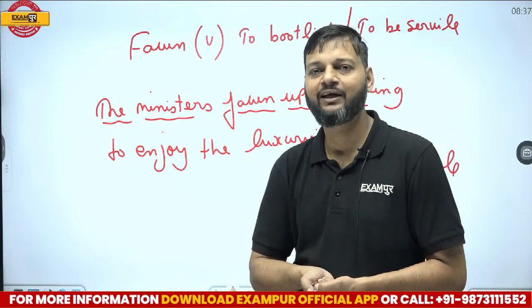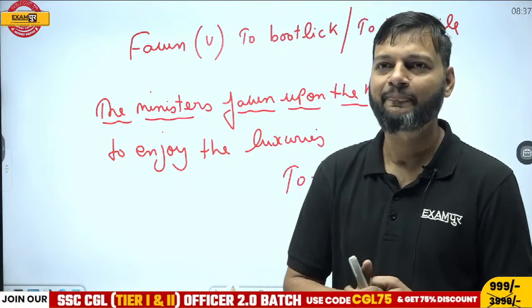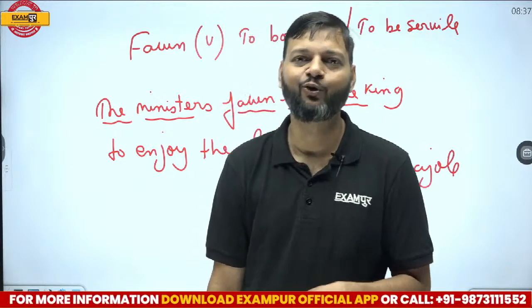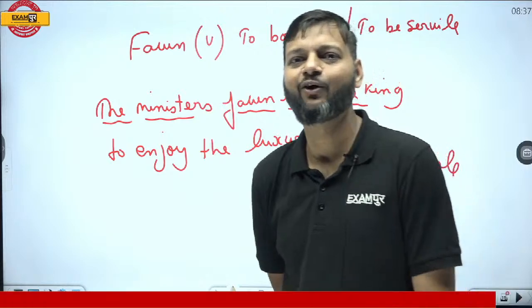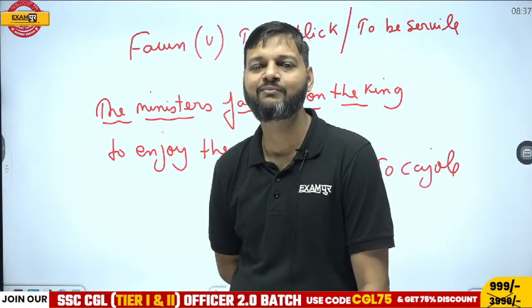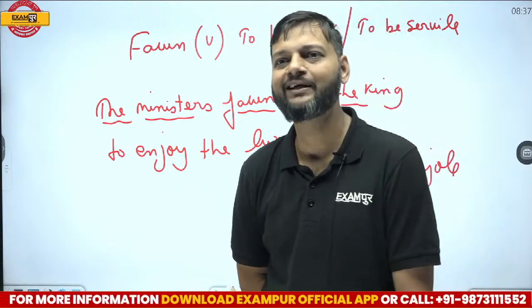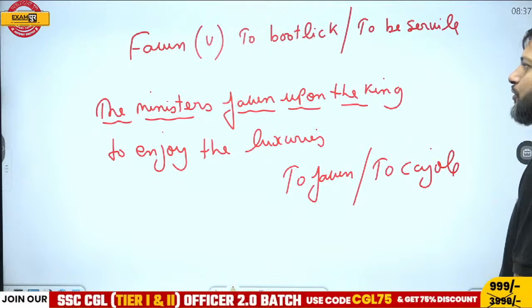Prajwal has finally opened up his dictionary. Yeah, Prajwal is here with his dictionary now. Now no one can defeat Prajwal. Yeah, I have got my dictionary back. Now no one can defeat me. Sir will tell me one synonym and I will come up with 100 synonyms, right? So to fawn or to cajole.